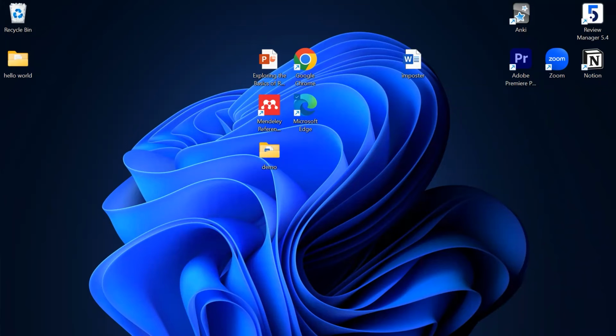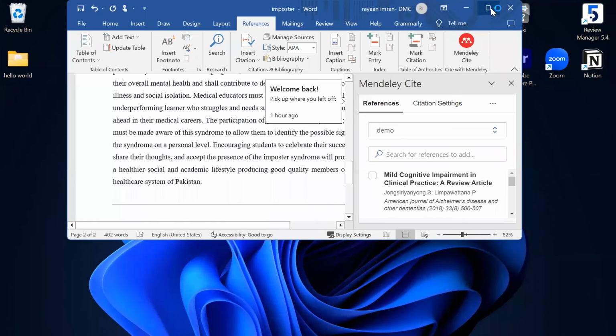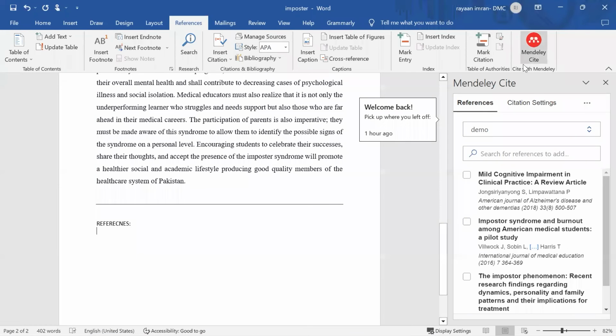Then I've talked about the Mendeley Web Exporter. I'll copy and paste this here as well so that you don't forget what it is. And then if you have Microsoft Word and Office, the article that I showed you, imposter syndrome, is loading up. There is this thing called Mendeley Cite. Now download these three things because this will make it easier. We have to download the manager, and the extension. It's an extension, I've written it here.